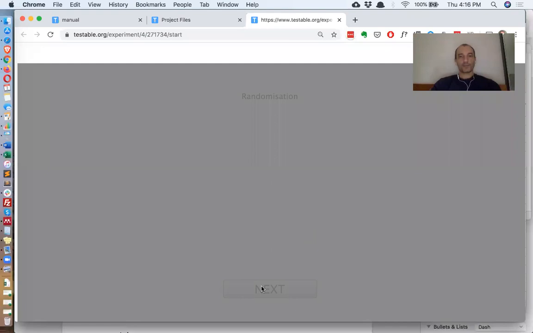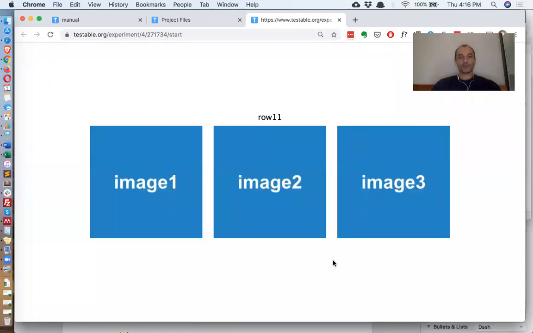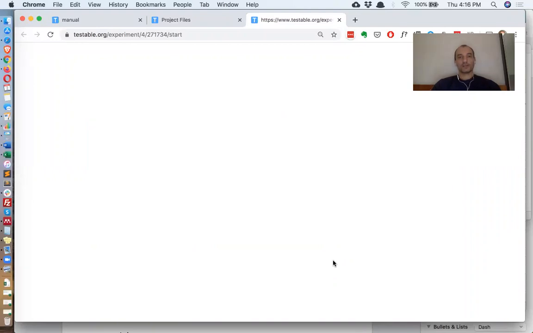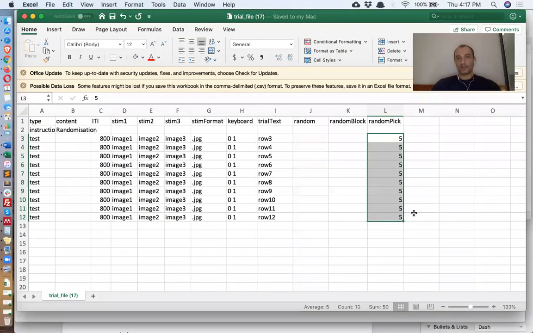Okay, so we'll see only 5 trials. We see trial 11, row 11, 8, 6, 5, and 9, and that's it. And they are presented in a random order as well when they are picked from here. If we want to have